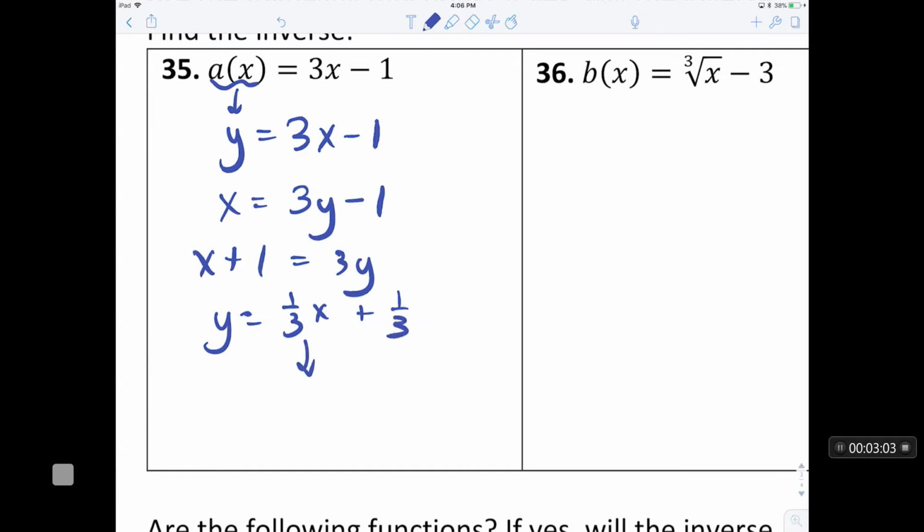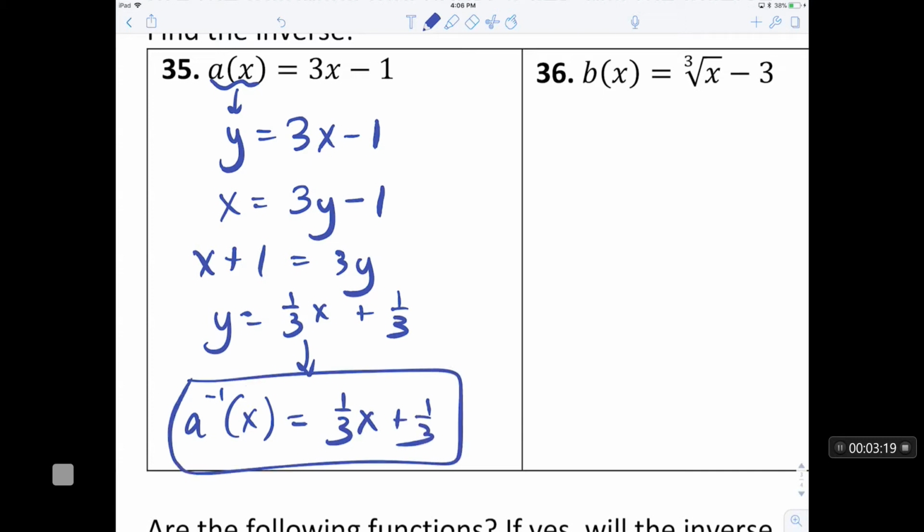Alright, and then lastly, represent the inverse function of a. I'm going to write that a superscript -1, which looks like an a to the -1 power. And write 1/3 x plus 1/3. Okay,